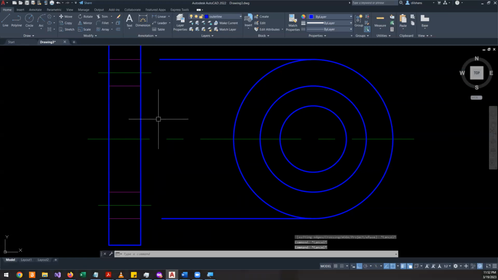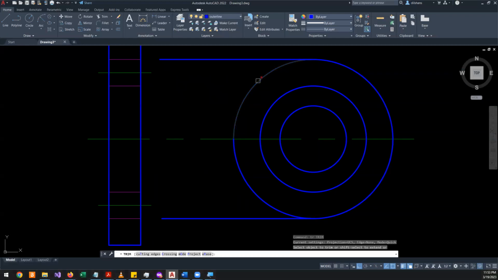By the way, the command alias is tr for trim. In earlier versions, you had to select something called cutting edges, but in newer versions, like in my case 2022 and later versions, you don't have to select something. So what you can do is take the trim command and